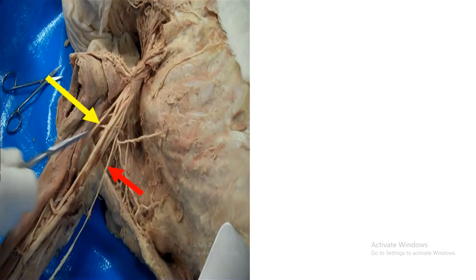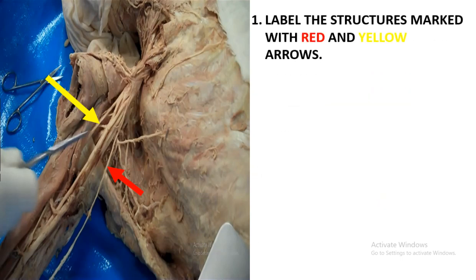Okay, let's quickly move on and look at the next question. Label the structure marked with red and yellow arrow. The yellow one is the musculocutaneous nerve. So the yellow one is the musculocutaneous nerve, and then